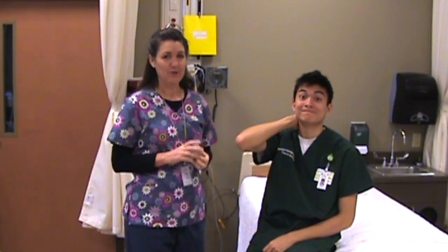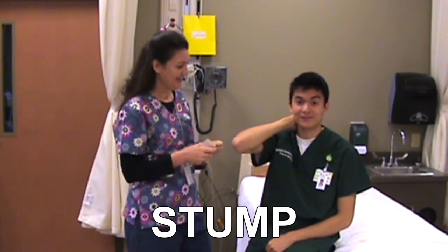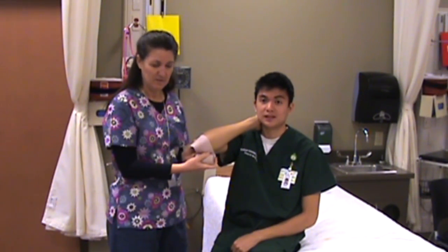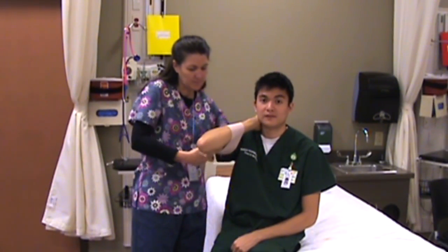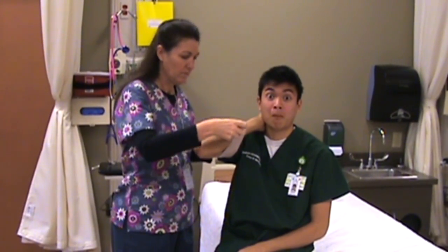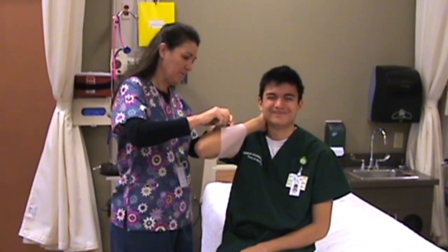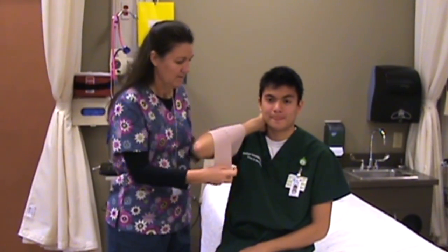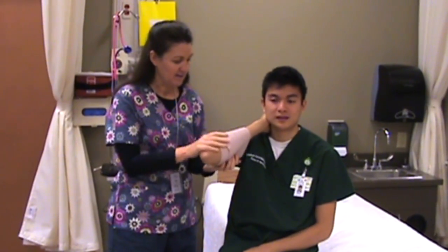I'm going to show you how to do an ace wrap around a stump. And this is a simulated stump. It's not a real one. So instead of starting at the far part, because there's nothing to make your ace wrap stay, we're going to start proximally this time. And I'm going to wrap it in a circular way to make it hold, and then I'm going to bring it down, and the next one I'm going to bring it up, and then the next one comes down, the next one goes up, and the next one goes down,